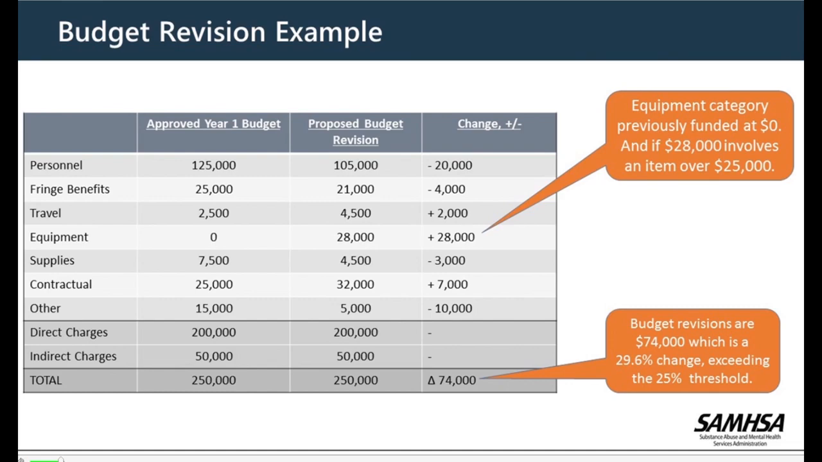So just an example here: that first column would in this case be the approved year 1 budget that was originally awarded with your initial notice of award. That second column is the proposed budget revision that this particular recipient wants to change to. To calculate whether your budget requires prior approval or not,